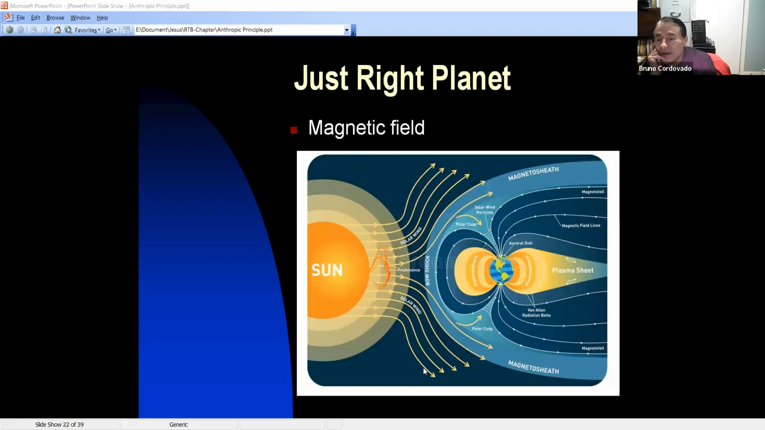I don't know, they're planning to go to Mars within the next 5 to 10 years. So I don't know if that's what they're going to do or how they're going to stop all this radiation. But